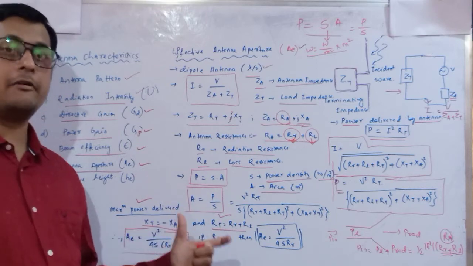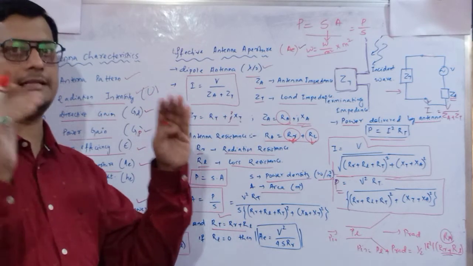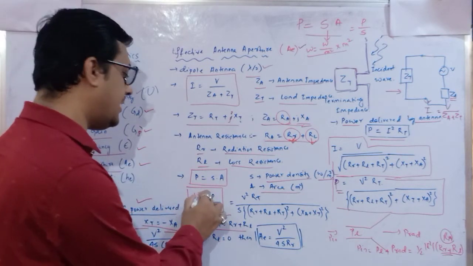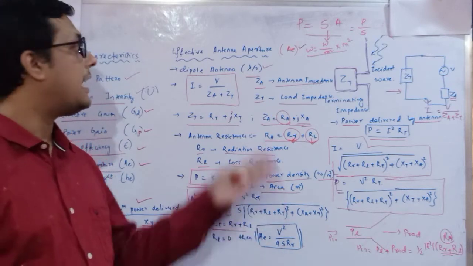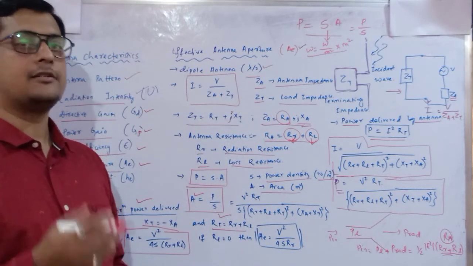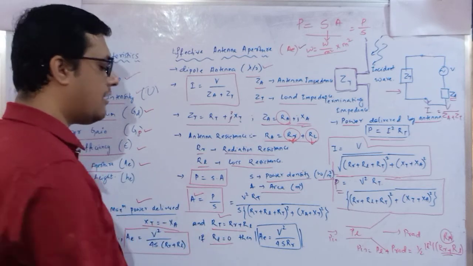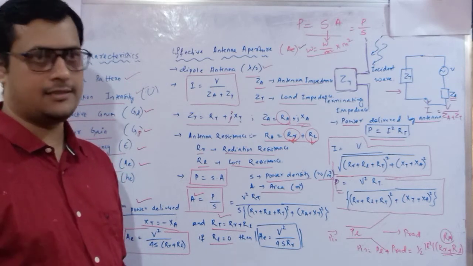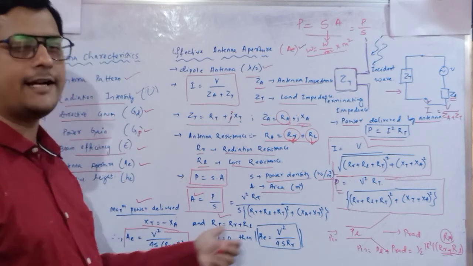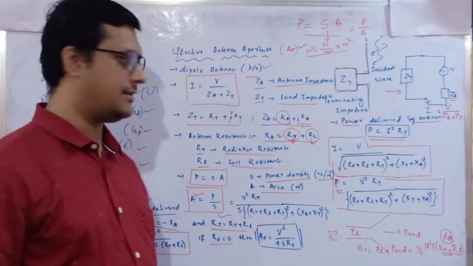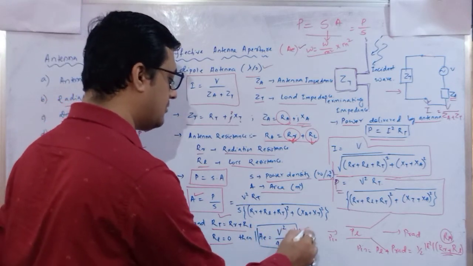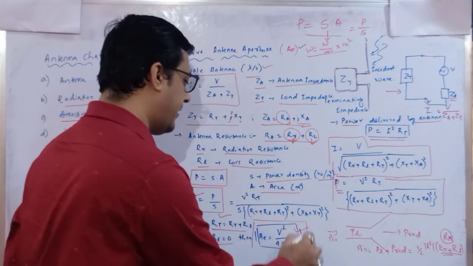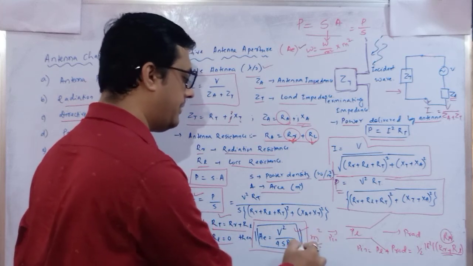where the maximum power delivered is possible. When the maximum power is delivered, or it satisfies the maximum power transfer theorem, then only this cross section A will become the effective aperture of an antenna. Okay, so in this case I have put one condition: if the loss is 0, if the ohmic loss is 0, what will happen? RL will be 0 and it will depend only upon the radiation resistance. So here A suffix E is equal to V square divided by 4S into RR. So this is our effective area and it is measured in meter square.